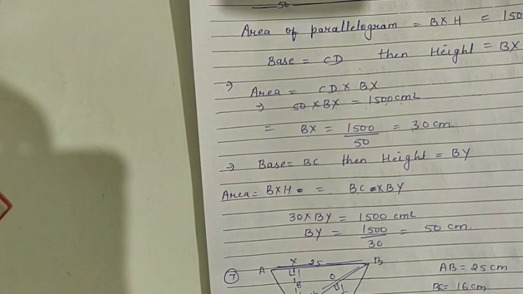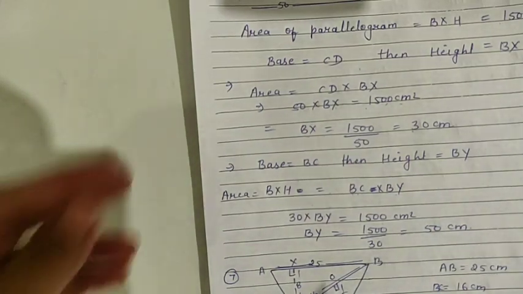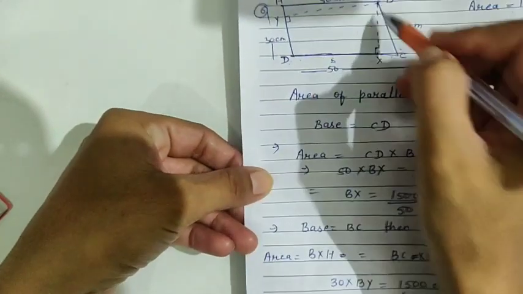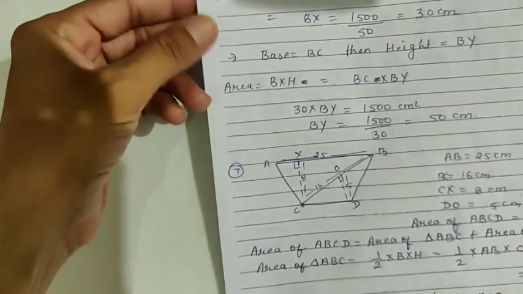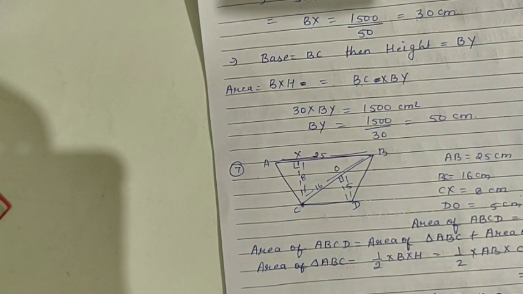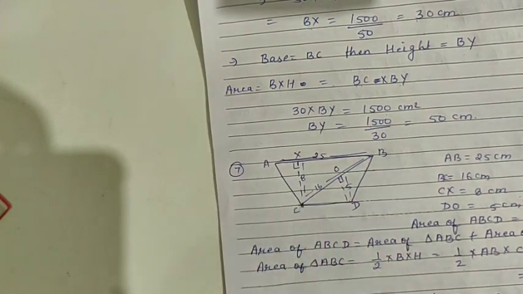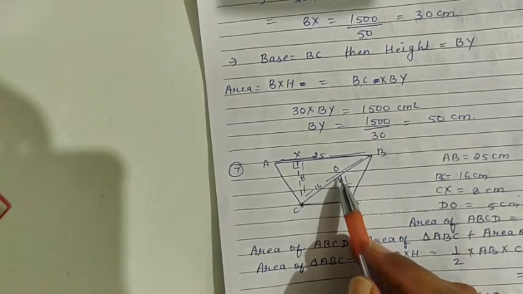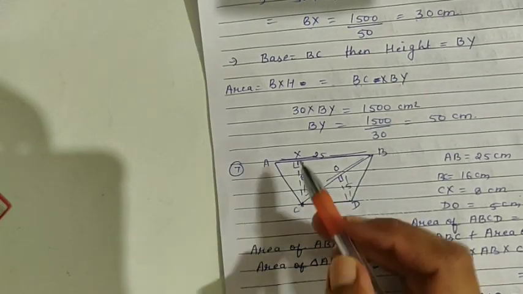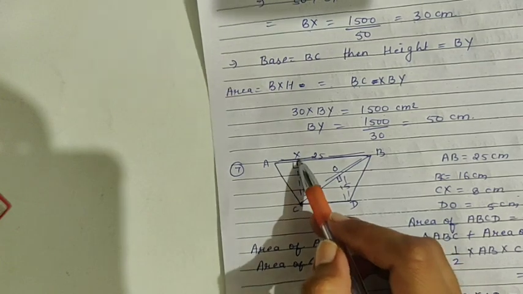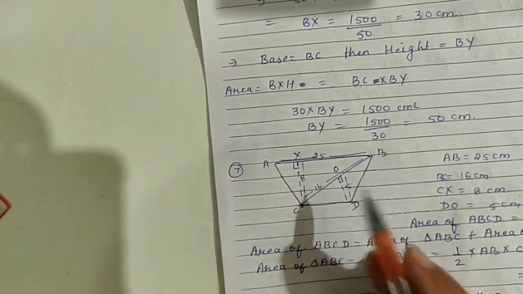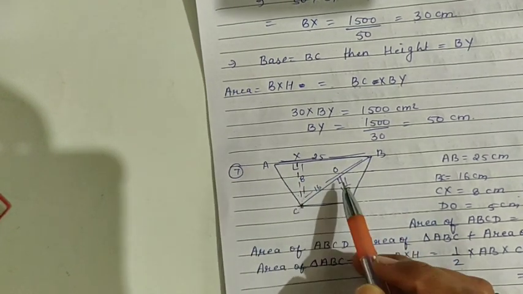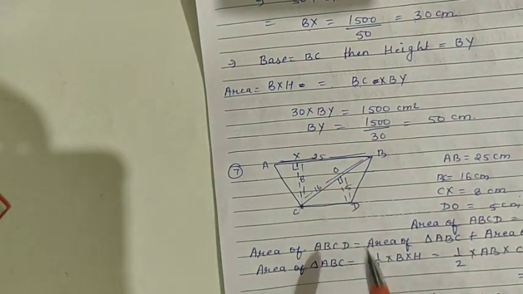Okay students, we used the formula that area of parallelogram is equal to base into height. When we take CD as base, then BX is height, and when we take BC as base, then BY is height. Now question number 7. In quadrilateral ABCD, BC is a diagonal and DO is perpendicular to BC and CX is perpendicular to AB. If AB is equal to 25 centimeter, BC is equal to 16 centimeter, CX is equal to 8 centimeter, and DO is equal to 5 centimeter, then we have to find the area of this